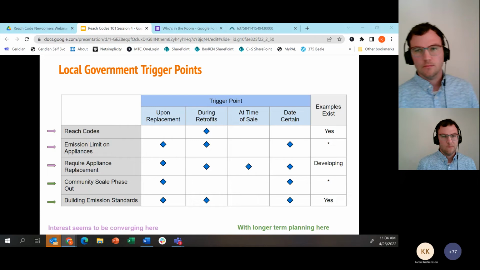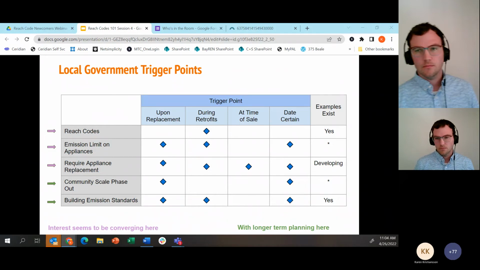Extending out, we've got during retrofit, where extensive retrofits and projects tend to be more likely to get a building permit, and so perhaps have a slightly higher level of compliance. There are opportunities here as well. It doesn't work for a neighborhood scale, but it does work for all of the other approaches. And then, of course, we have the time of sale, which is a very specific and politically charged trigger that has some potential promise as well in this arena.